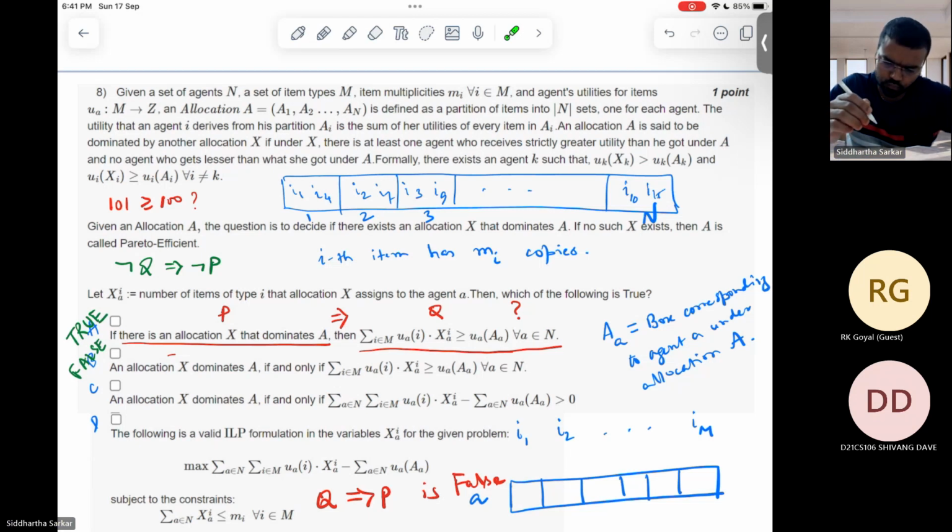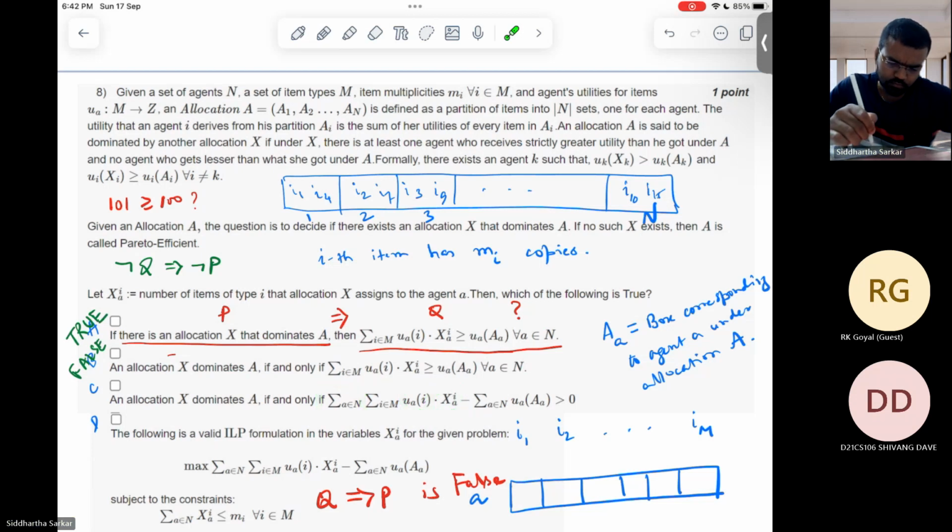So you take a sum over all the agents, and then sum over all the items. Then the utility that an agent obtains from an item multiplied by the number of such items assigned to this agent. So this is the sum of total utility per agent. So this is the sum of total utility under the allocation X